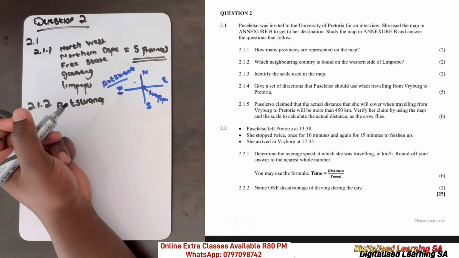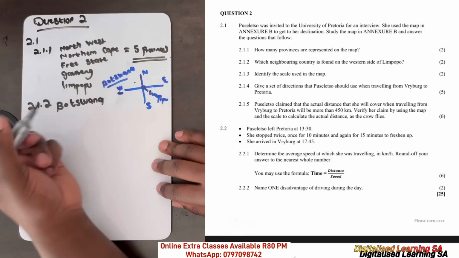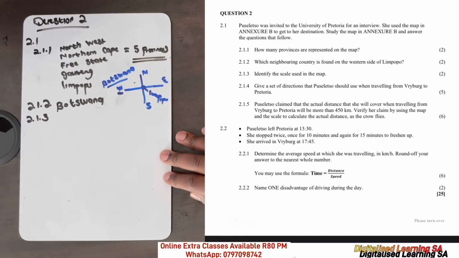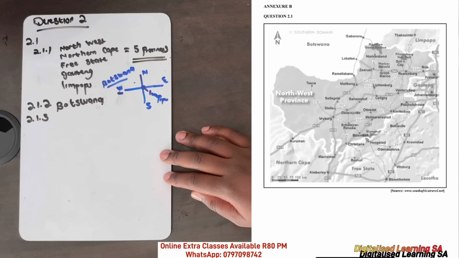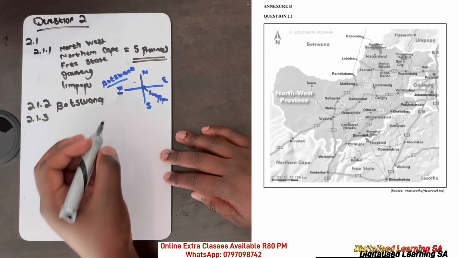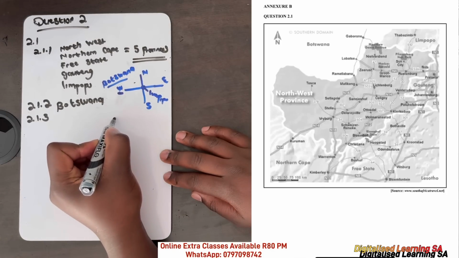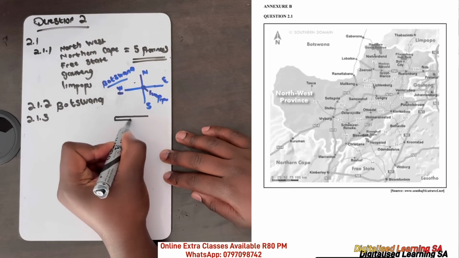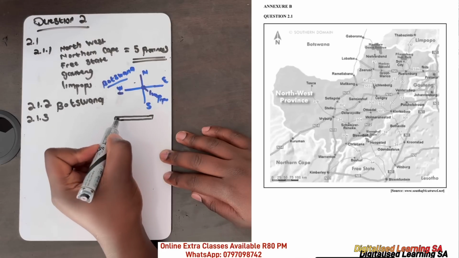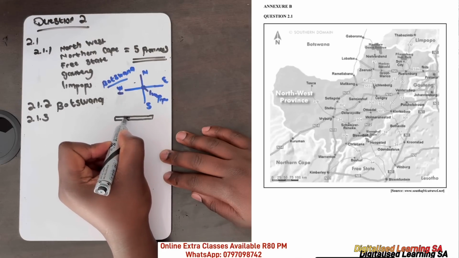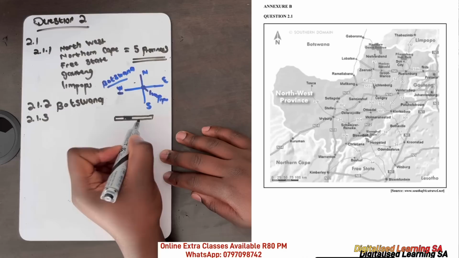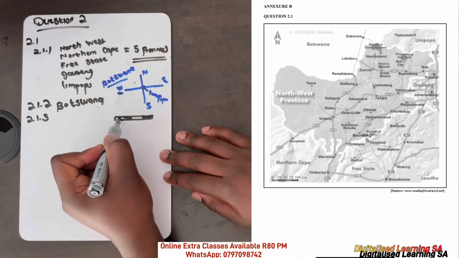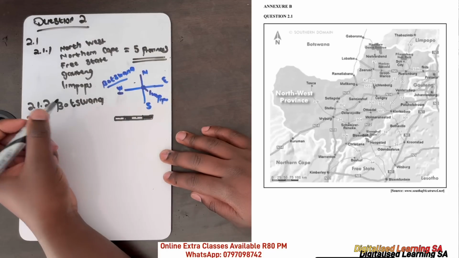Okay. So now let's move to the next question, which is question 2.1.3. Question 2.1.3 says, identify the scale used in the map. If we look on our map, we can see that we are given a scale, which is something like this. If you look down, you will see something similar to what I'm doing here. So this is our scale, and we can see that there are small bars within this scale. So we can say it's a bar scale,